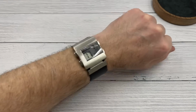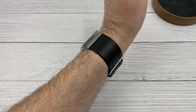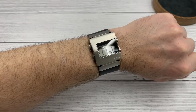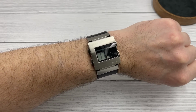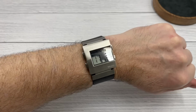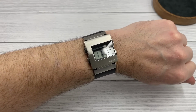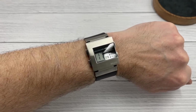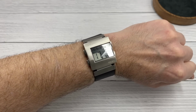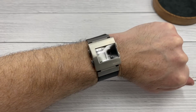And here it is then on my roughly average sized wrist. I'm not used to wearing straps like this during the day. Guys, let me know what you think of it in the comments section, because I'm a little bit torn by its design and the way it looks. It's definitely interesting, unusual. I sort of like it. Sometimes I think I'm drawn to these watches because they're new old stock and they're in really good condition, which is good for my videos. I like to show you watches in good